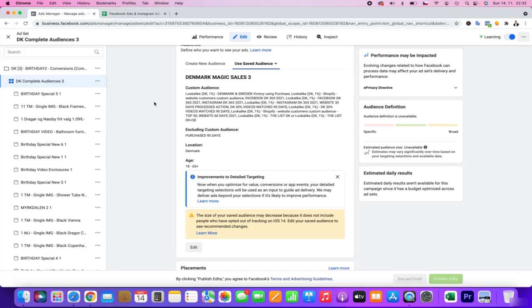And then it's also retargeting for watch videos, for video views, for website visits, for all the actions like add to cart or view content or started checkout, and also the list of customers.